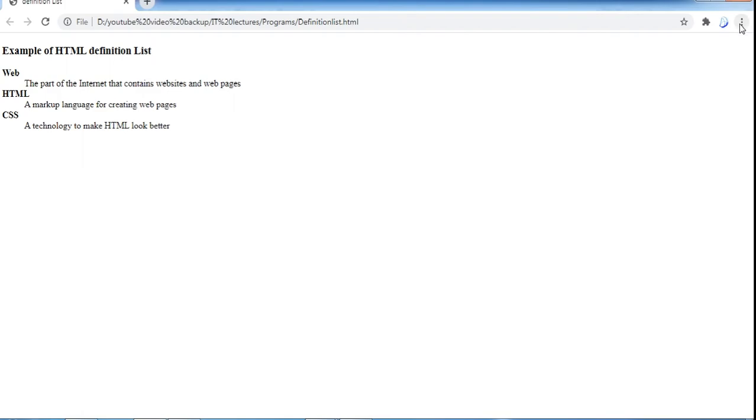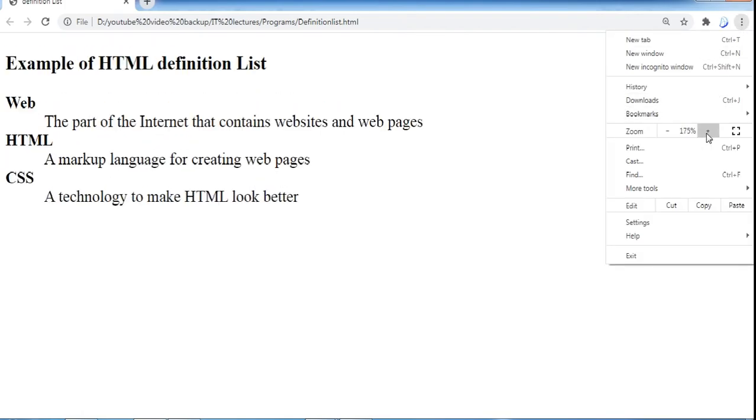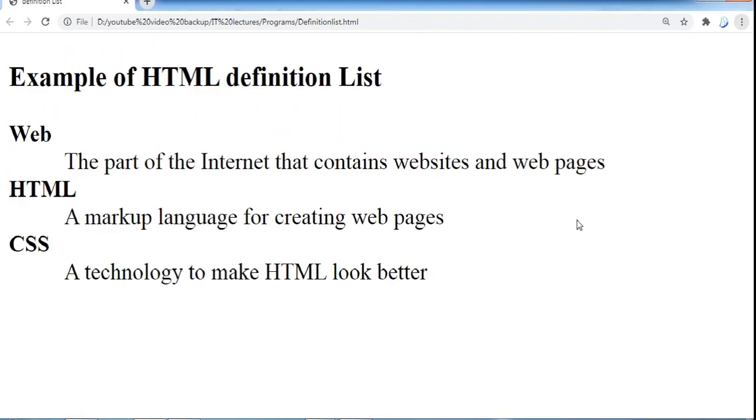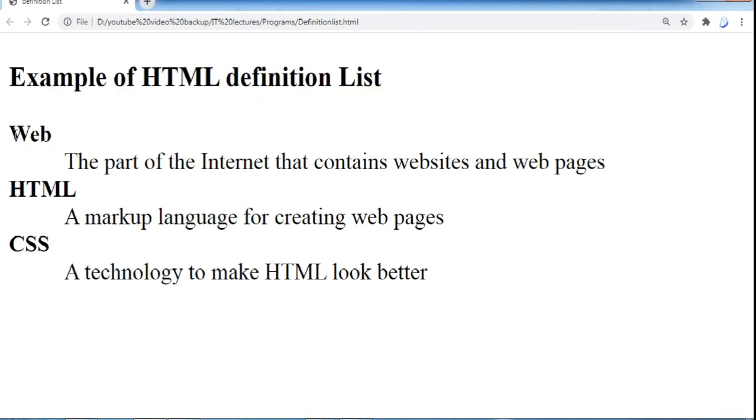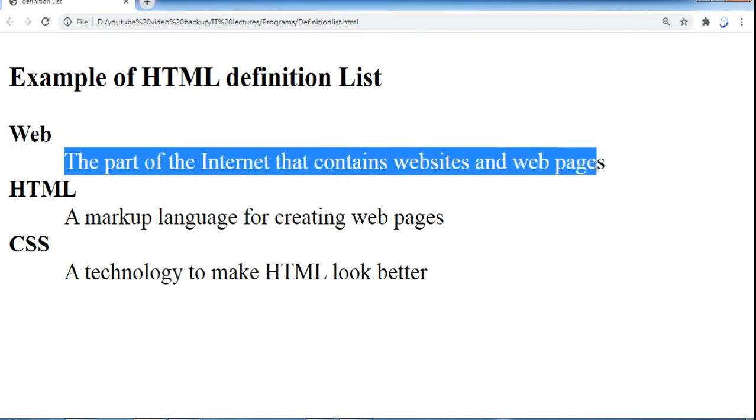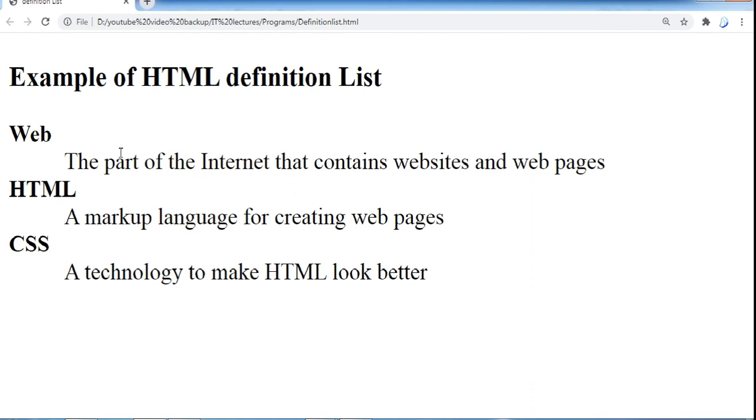I will zoom it to show you more clearly. See the examples of HTML definition list, and my DT tag is this and my DD tag is this. So if you want to see this kind of output, you should use DL tag.